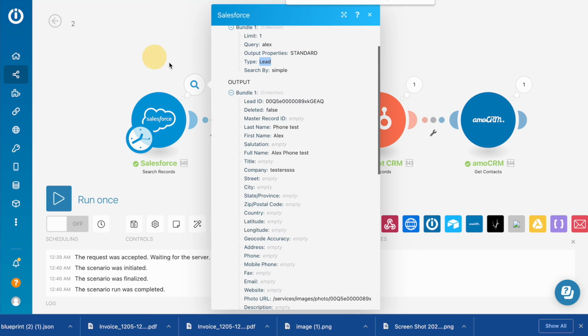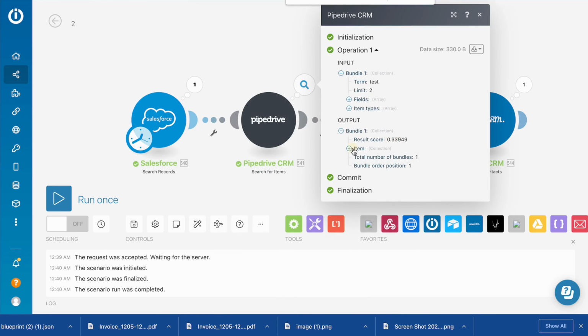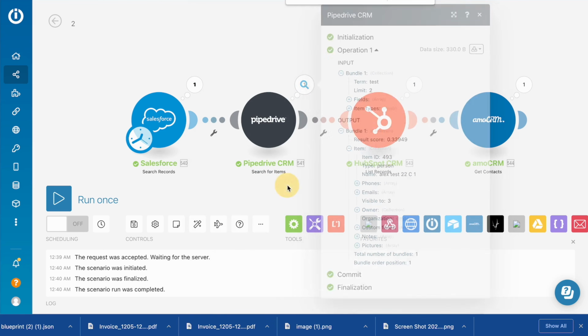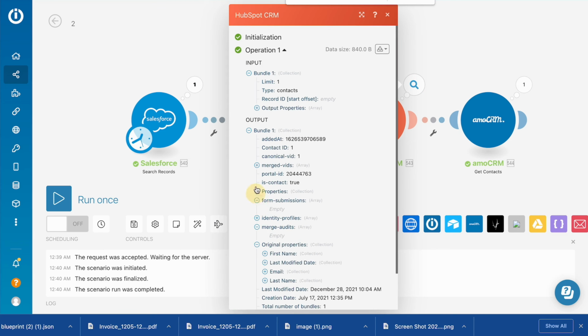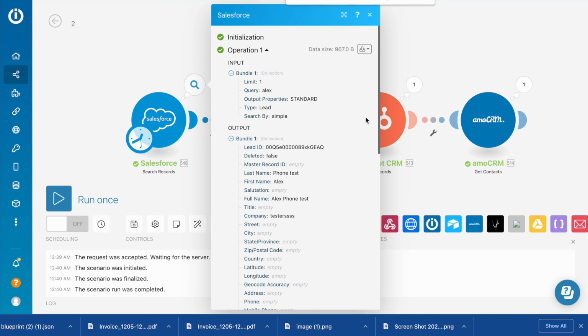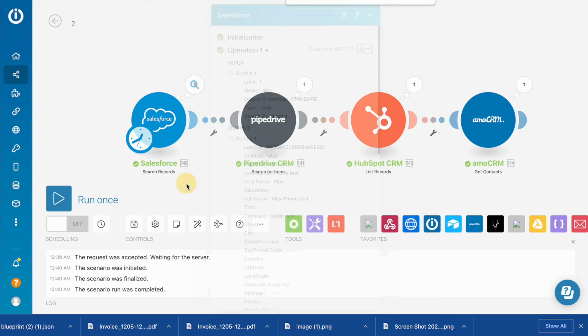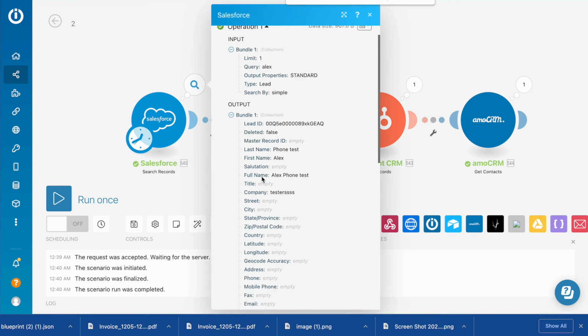What you should understand is that the structures in different CRMs will be relatively similar, and you may find the similarity. So each lead, for example, in here, in our Salesforce, or it will be Amazon CRM, Pipedrive or HubSpot, each lead probably will have